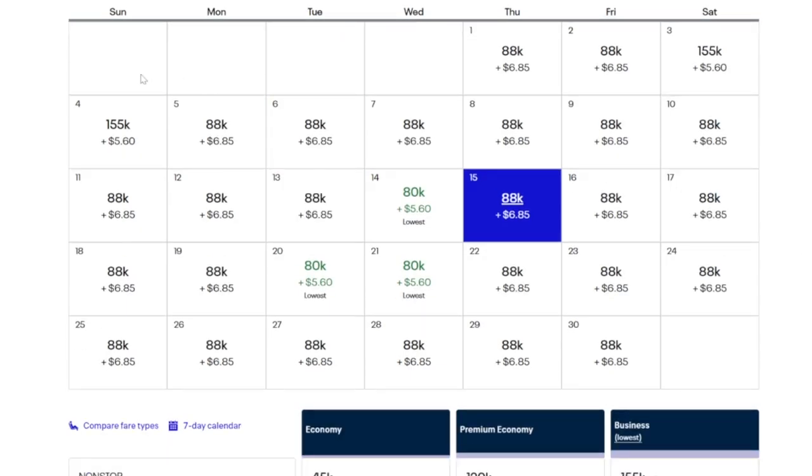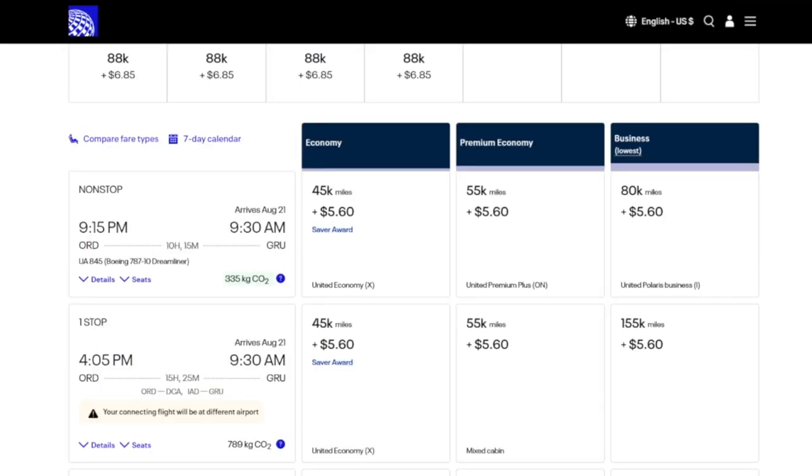And so here on the flexible award calendar, you can see which dates have the cheapest points prices. We've got the 14th, the 20th, or the 21st. So let's go ahead and pick the 20th. And here we do see that it is United Polaris Business for 80,000 points, and it is the Boeing 787